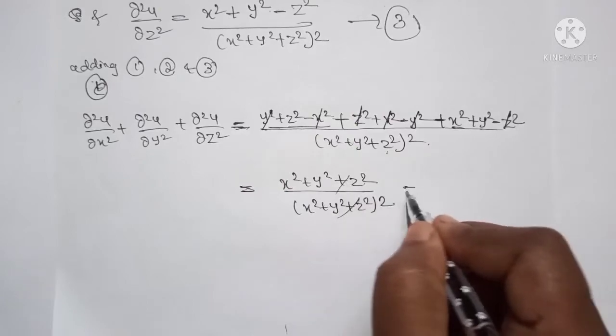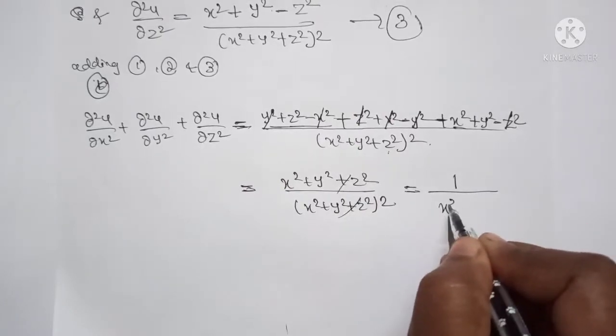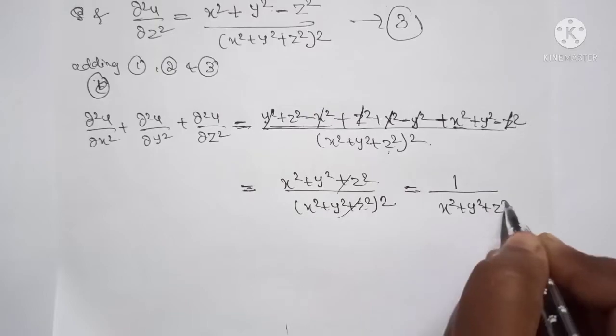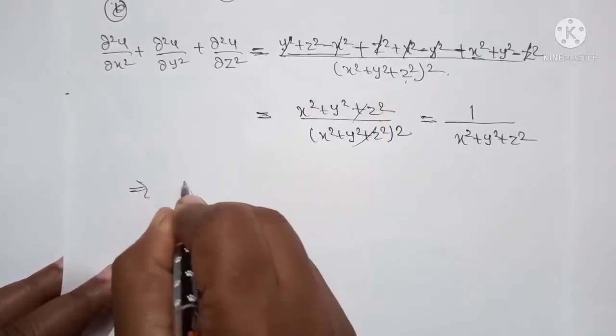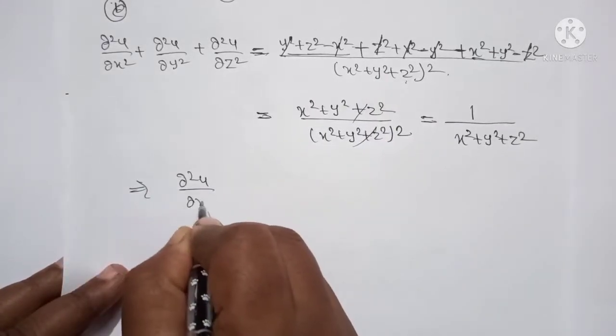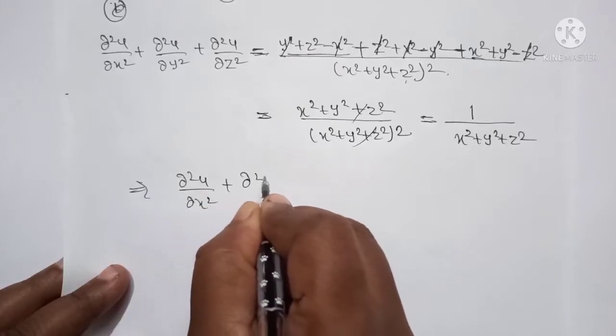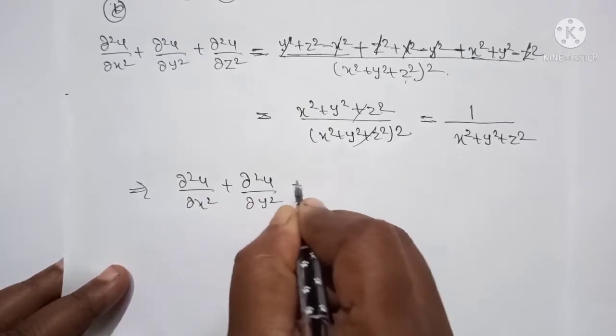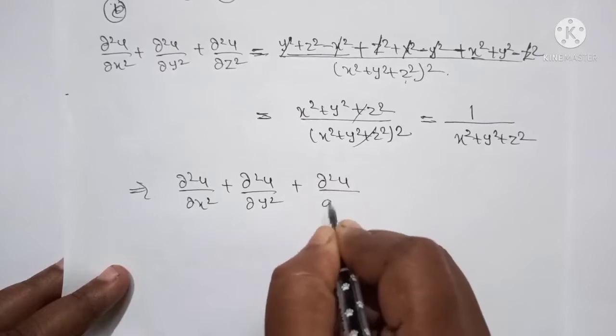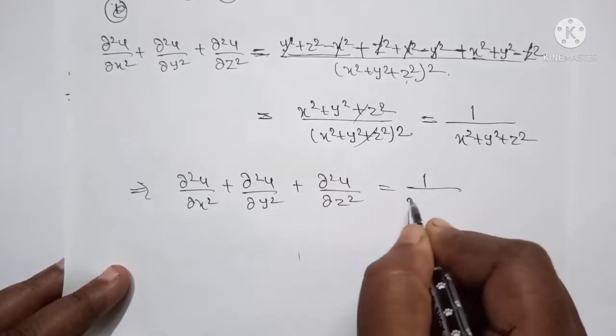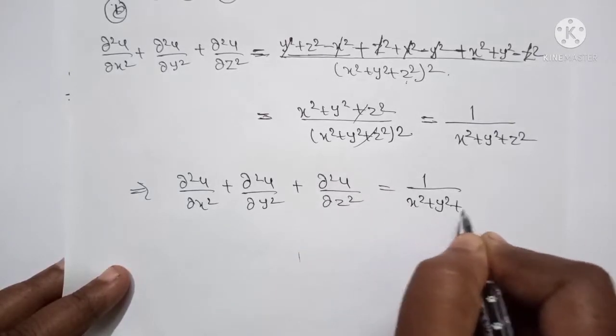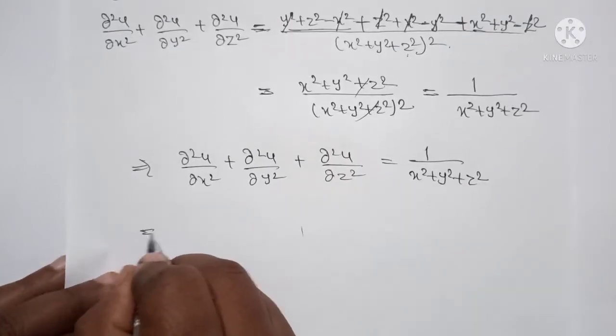One term cancels, and we get in the denominator x square plus y square plus z square. So thus we got ∂²u/∂x² plus ∂²u/∂y² plus ∂²u/∂z² equals 1 by x square plus y square plus z square, or it can be written as